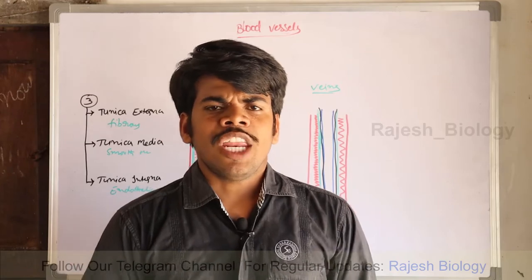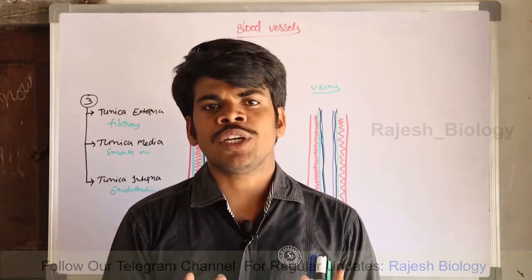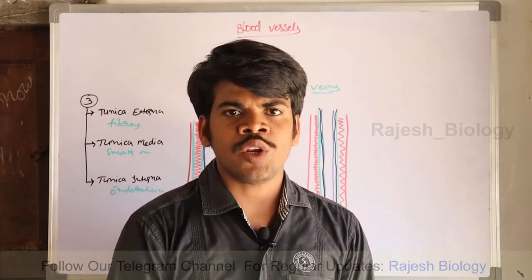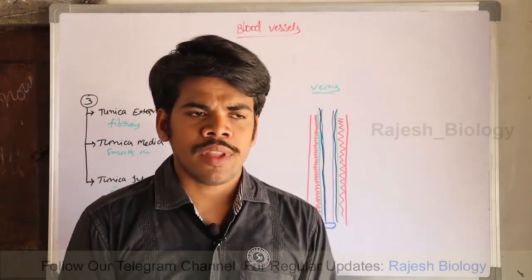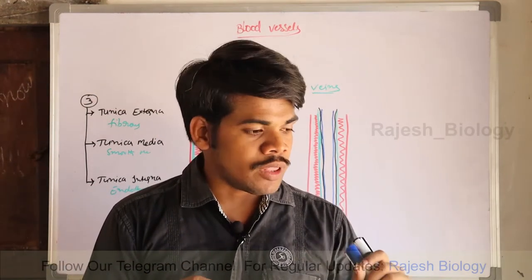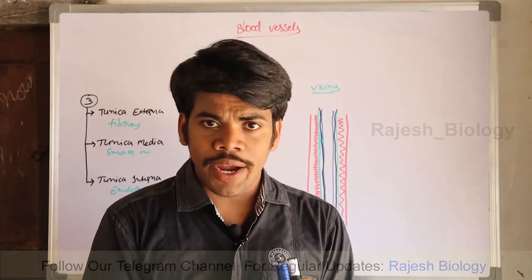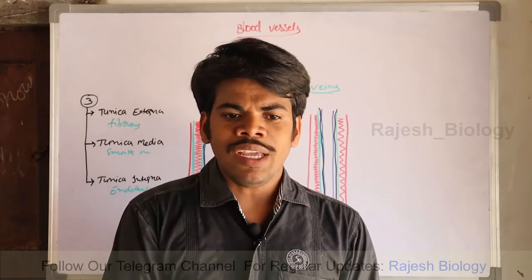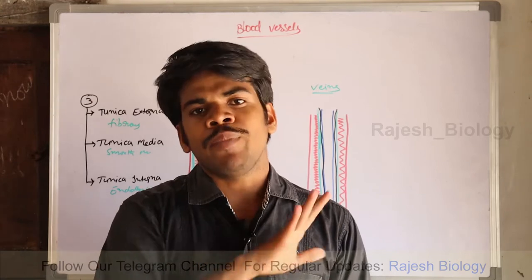So I remove one blood vessel. You are a new person to this science exhibition. I give only one blood vessel to you. You have to say whether it is an artery or vein. So there is no other blood vessel to compare with, whether it is small when compared with this one, or the diameter of the blood vessel, whether it is wide or narrow. There is no other blood vessel to compare. You have to say whether it is an artery or vein without any comparison.